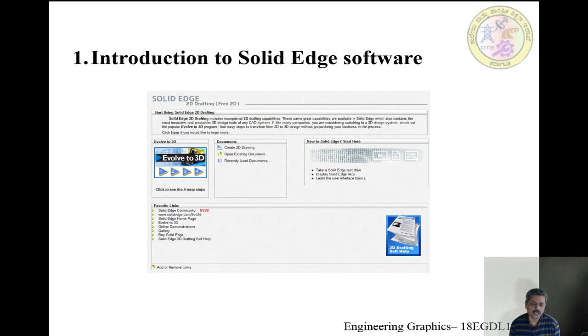I hope you are all familiar with that. Most of you definitely will be familiar, and then try to install. Of course you cannot download without registering yourself as a user. Once you are done with that, then you will be able to install. What we have done here is installed the Solid Edge software on a Windows system. It is not available on Linux or some other platform, most likely. It is Windows based software.